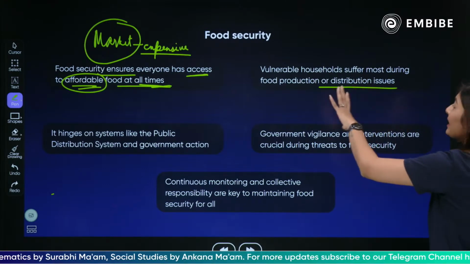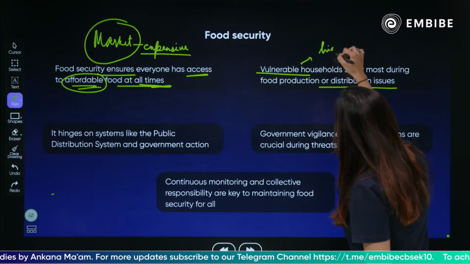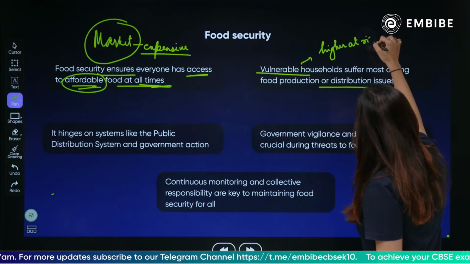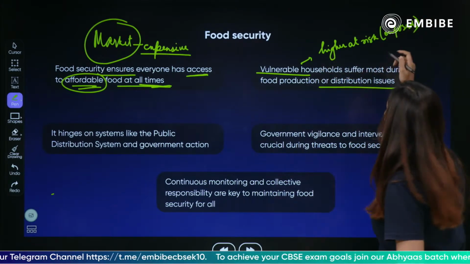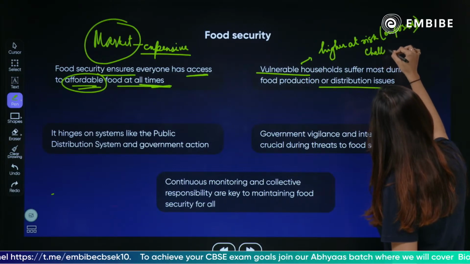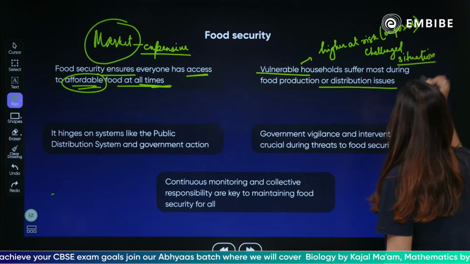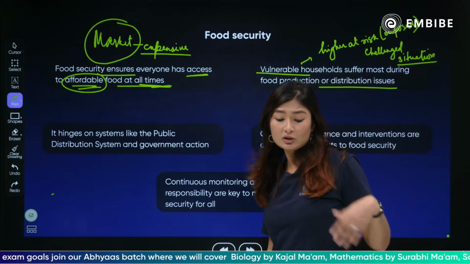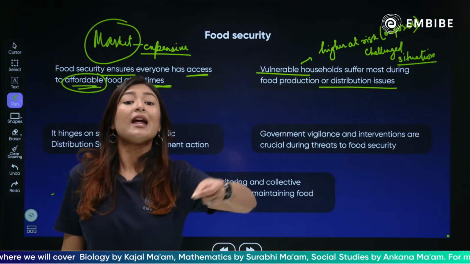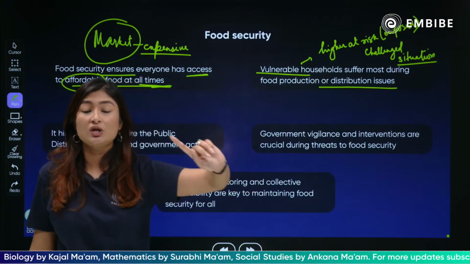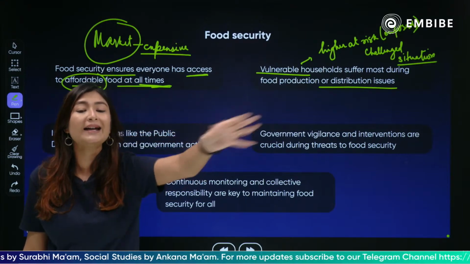Now, bache, vulnerable household, what do you mean by vulnerable? Vulnerable means people who are higher at risk. Right? They are more exposed to the risk of being in danger in cases of challenged situations. Challenged situations mean some disaster, some famine, drought, whatever. कोई भी difficult situation like COVID era. ये सारे situation में people who are more at risk of getting harmed, getting affected or impacted by the situation at the max are the vulnerable people. They are always at the risk. They are always high at exposure.